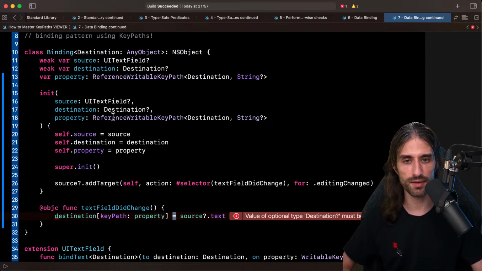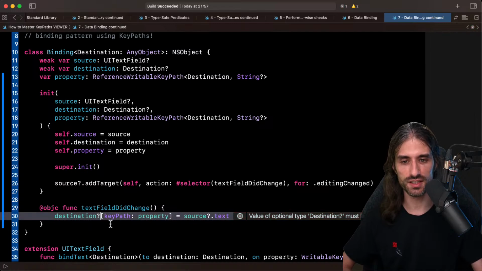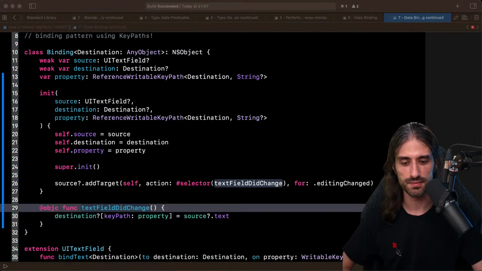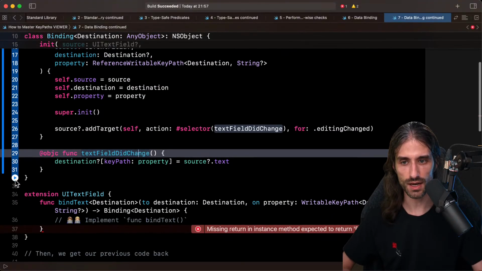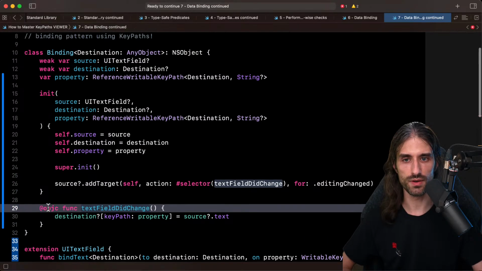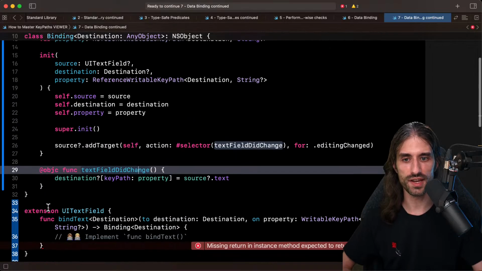At least writable key paths were also equivalent to setters. Here we have an example of it, and I just need to unwrap my destination so that if it is nil, I just do nothing. So let's see. Does this work? It should work normally. I'm gonna try to build the code all the way up to line 32. Seems to build without error. So we are almost there.